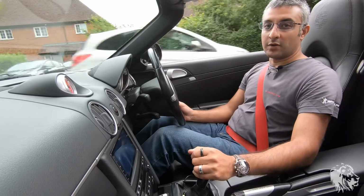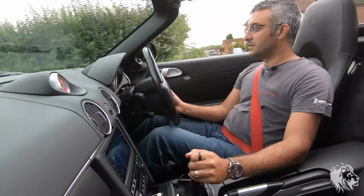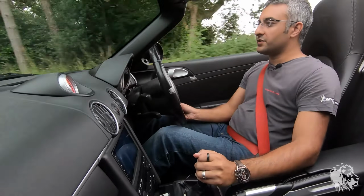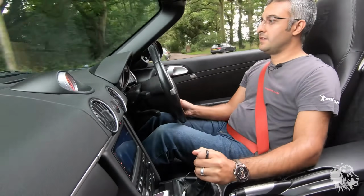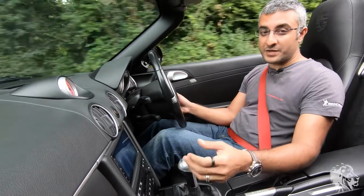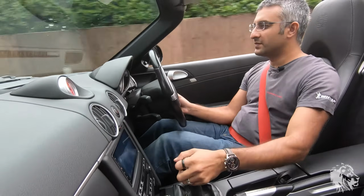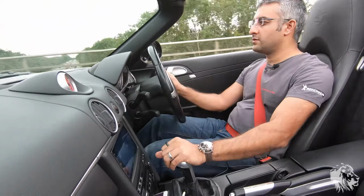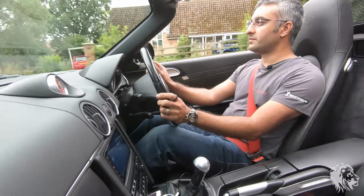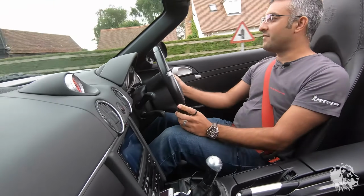You don't even have to be going fast, in all honesty, because the sound is glorious. You don't need the stereo on, and I think that's why a lot of people are holding on to them. There's not many other cars that can beat how this car performs, how reliable it is. Also, the dealer support from Porsche Specialists, information online on forums. It's so easy to heel and toe in these as well. Yeah, just a beautiful car to drive, to have a blast in